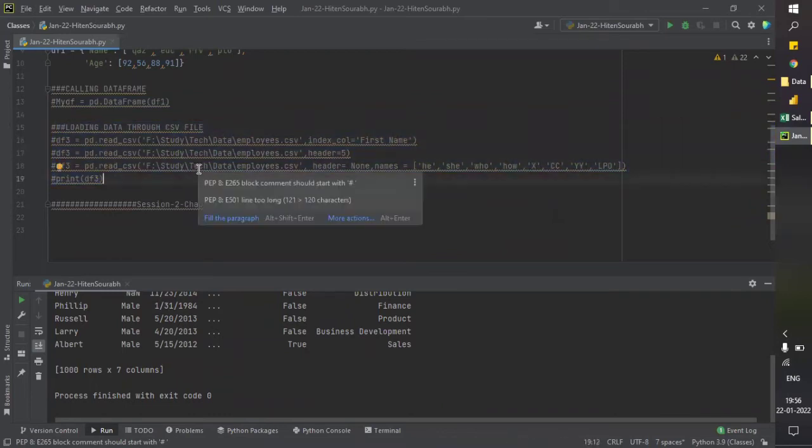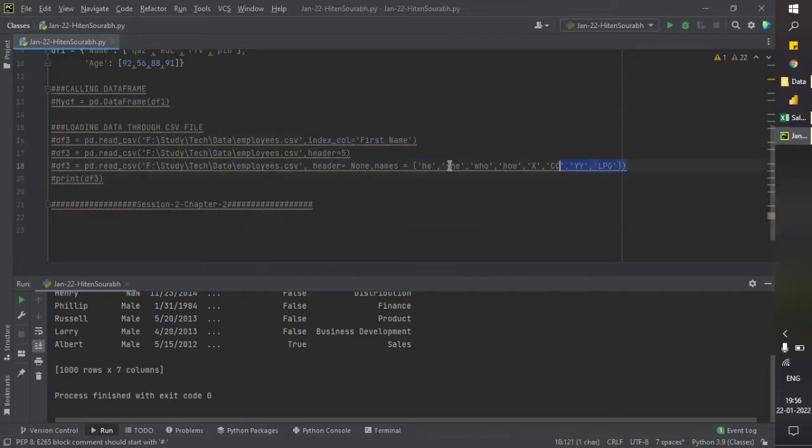Okay, and in CSV files the structure and everything is the same as in an Excel file. Whatever settings we are doing, like a column header, making your own header, or getting header 5, this can all be done in CSV as well as in Excel. Both of them will work.